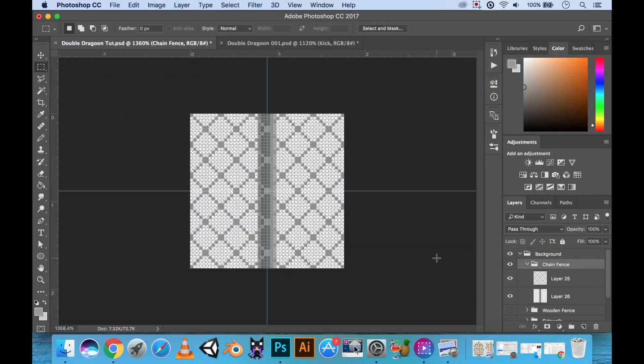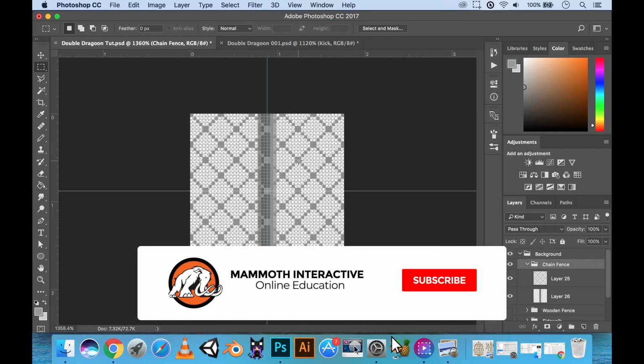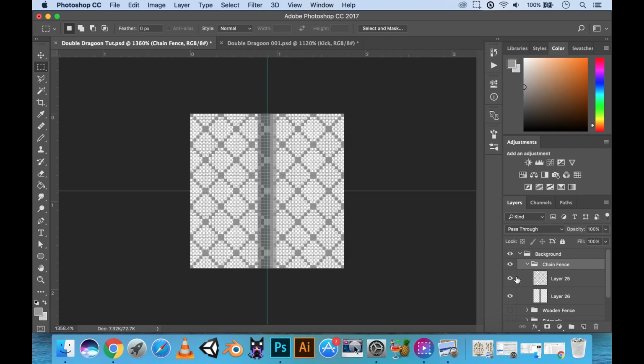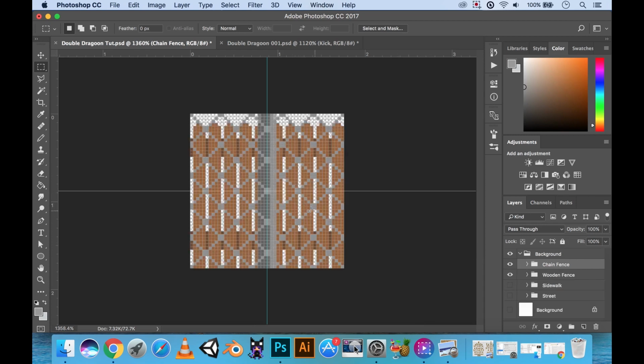Okay, now that we've gotten our fences pretty much completed, we're going to add some additional little details to the background, because our fences, as you can see, are transparent. You can see through these holes or these little gaps in the wooden areas here. It actually looks pretty nice. There are these little holes, these little gaps,